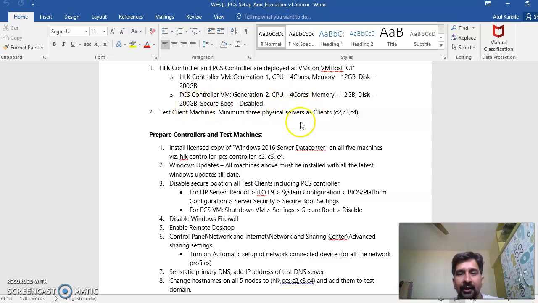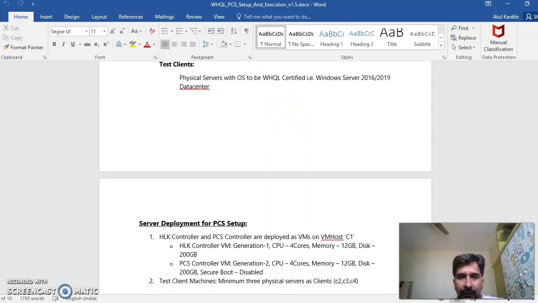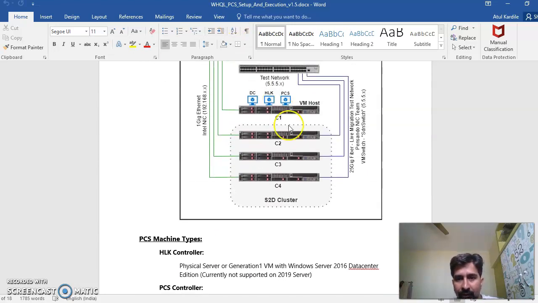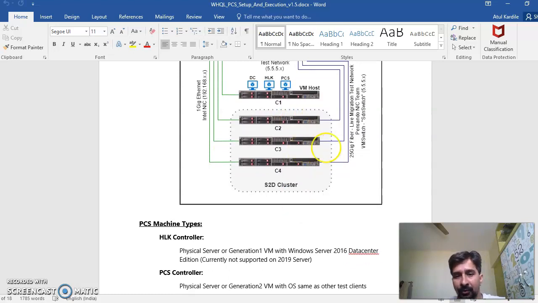So 200 GB may be the default disk in the server, let's say, but you're gonna need an extra 4 disks, preferably SSDs. In this server, 2 disks came by default with the server. These 2 disks are the default disks in the server, and one of the disks has the OS installed in it. But these other 4 disks are SSD disks. We have added these 4 disks for cluster purposes, and that's the minimum requirement.